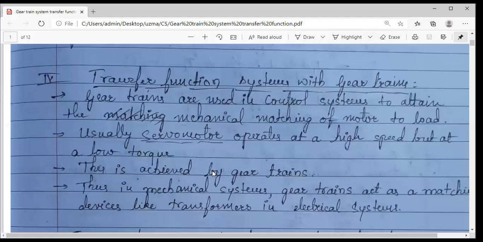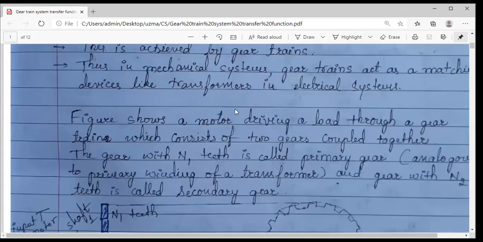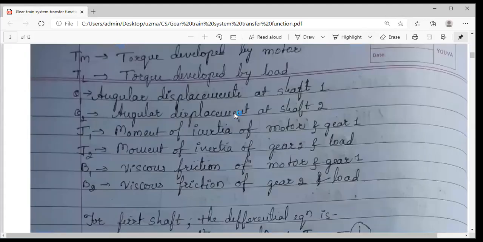In today's session, we are going to look at one more problem on gear train systems, how to find the transfer function. Actually, I have already given you the slides I have shared, but it seems some doubts are there in the last problem. So let me take that problem and then continue with the block diagrams.